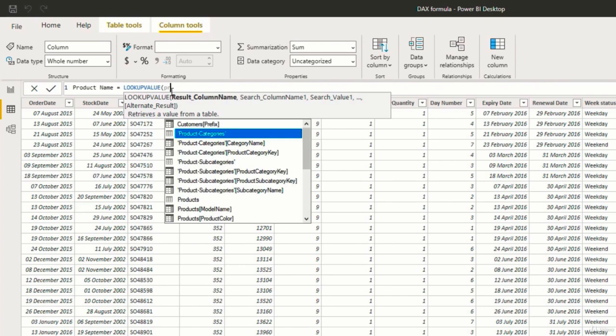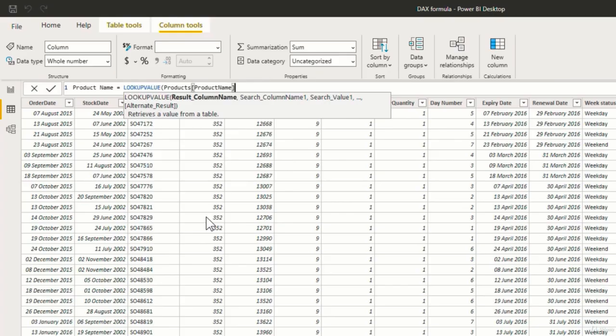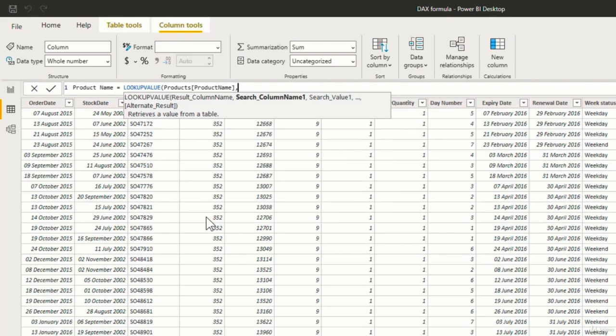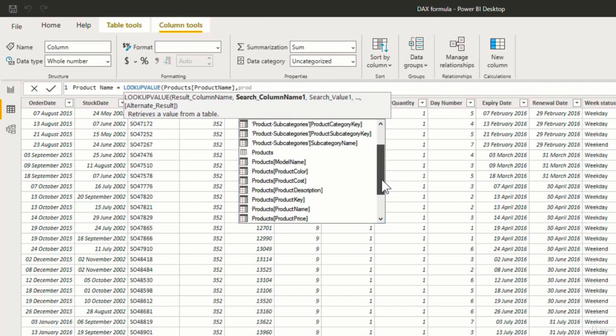So I will start typing that in. And here is the column that we are looking for. I will select that, comma. Now the next argument is search column name. So which is the column with which we have to search? It is the product key. So with the help of the product key, we have to search the product name. So I will enter product and it is the product key column from the products table. I will select that,